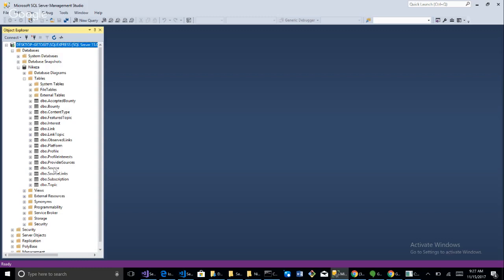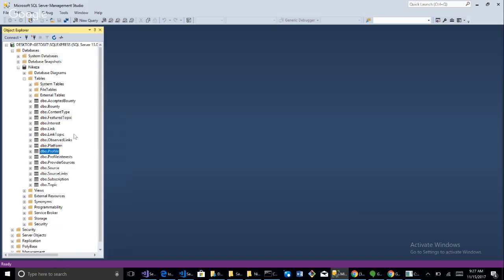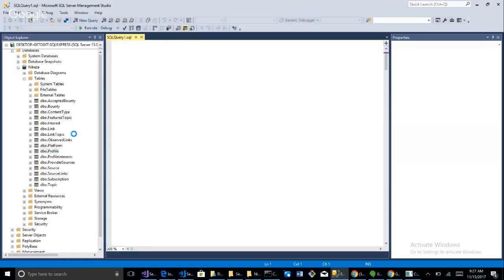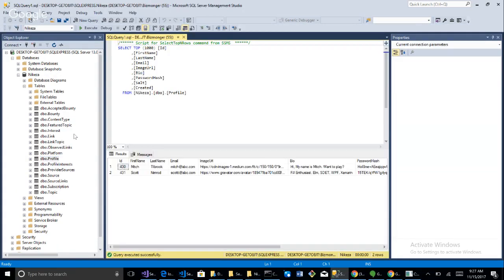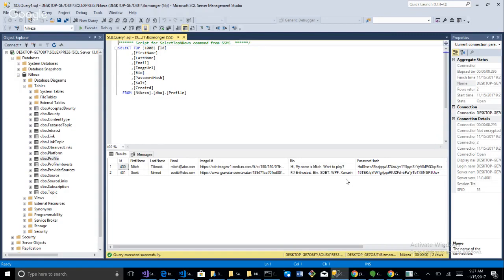So where's my... It should be under profile. Where's the profile table? This right here, right? Are you just storing the passwords in plain text? No. No. There's a password hash,